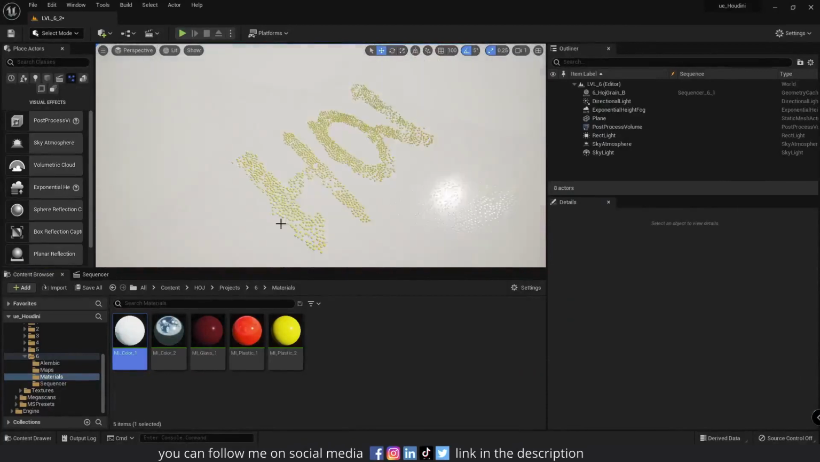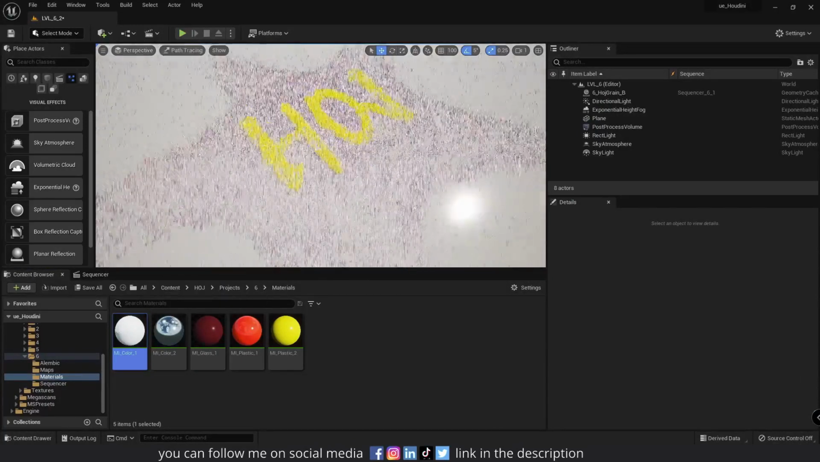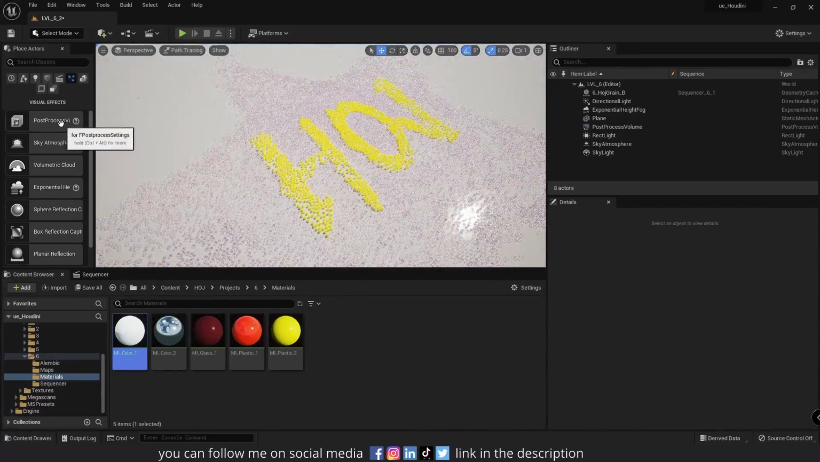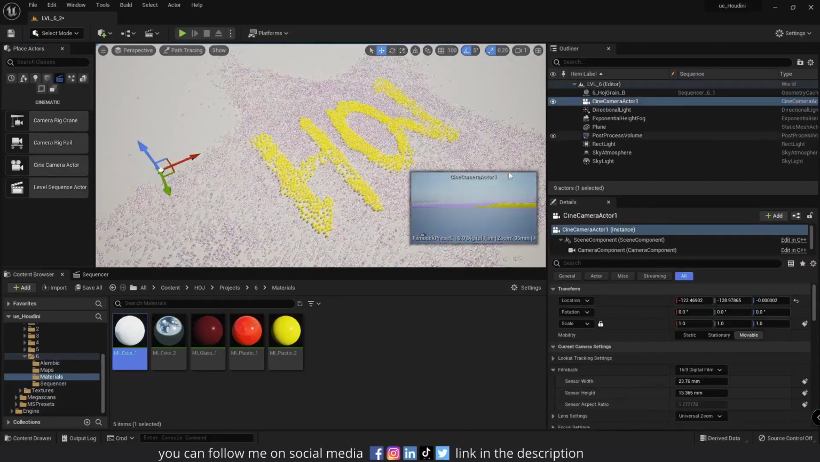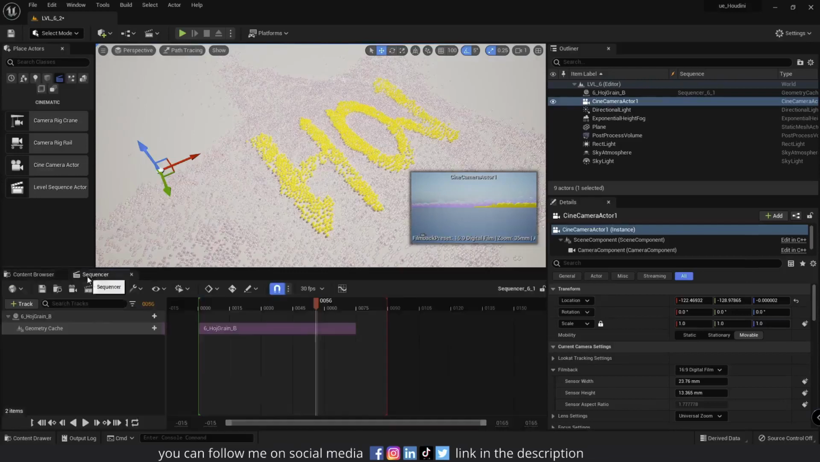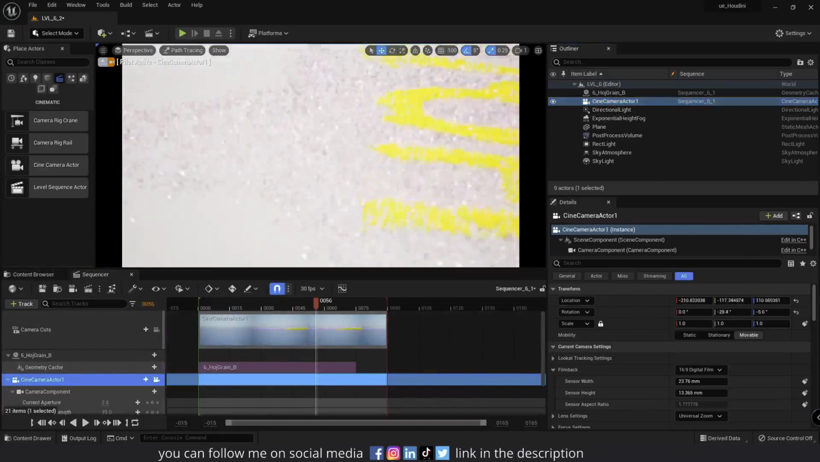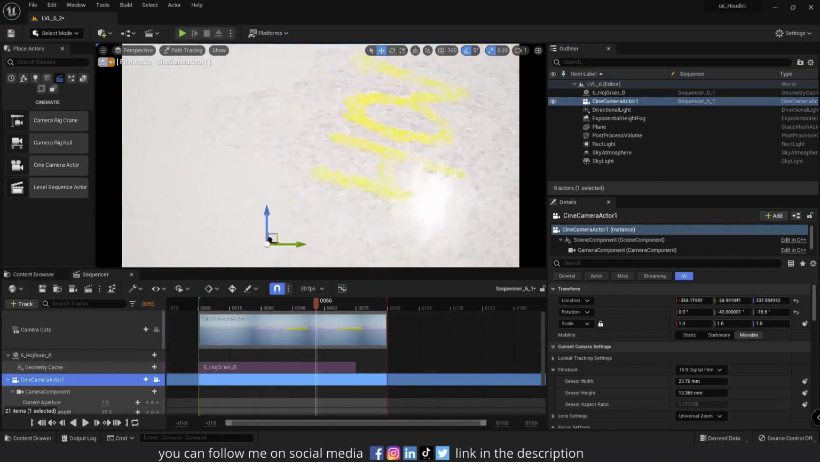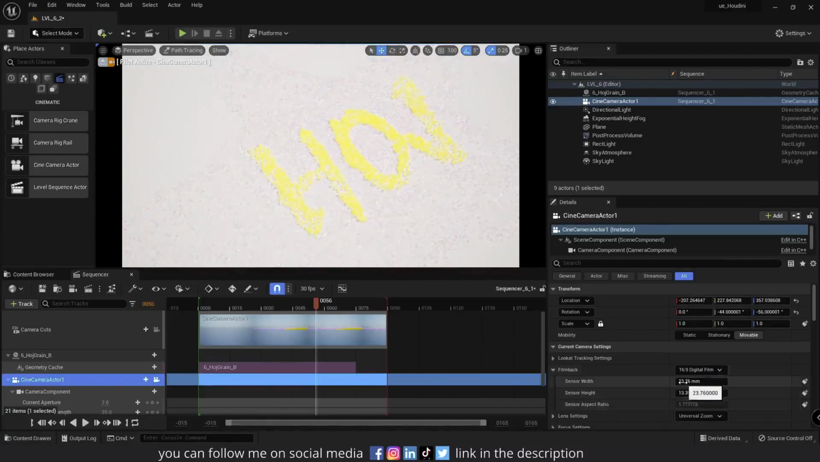Okay, so I will go to lit mode. Oh no, I will go back to the path tracing mode, and I want to add a camera to the project. So I will go to the cinematic tab and add a camera actor to the level, and then go to the sequencer and add it to the sequencer. Okay, so this is my cinematic camera, and let's